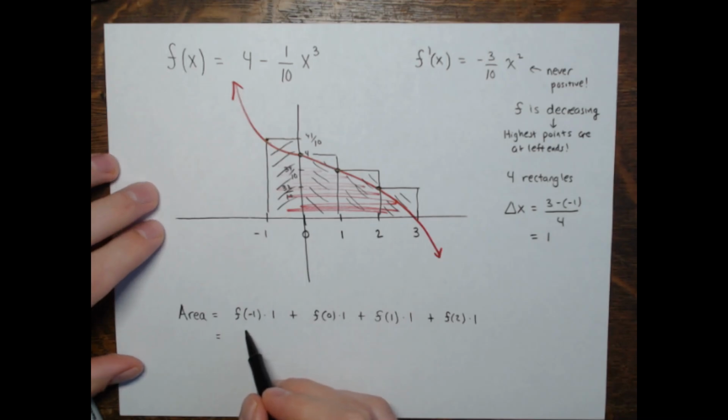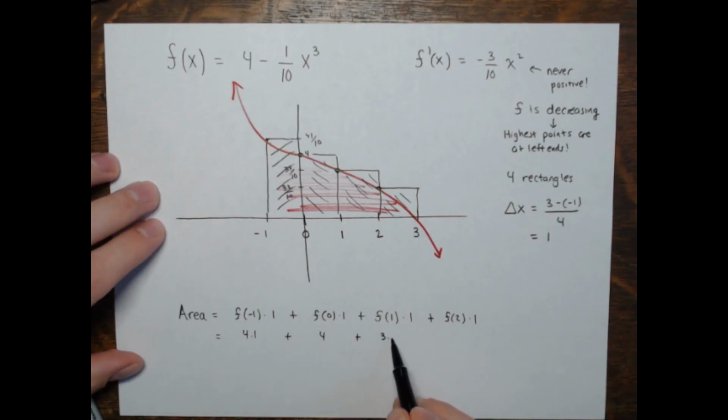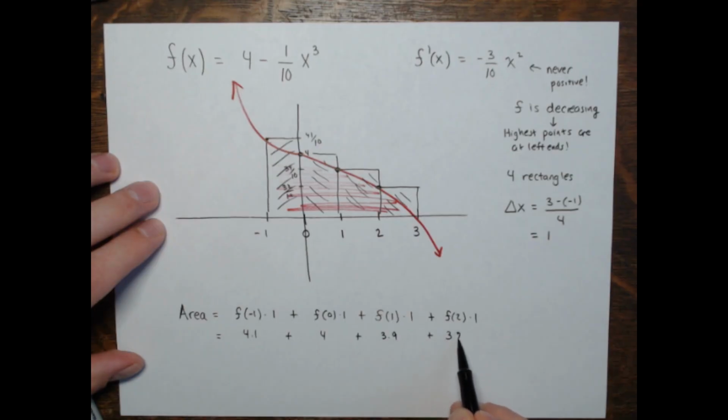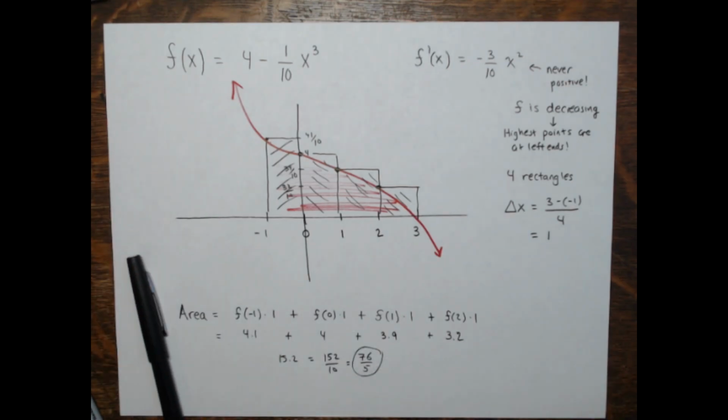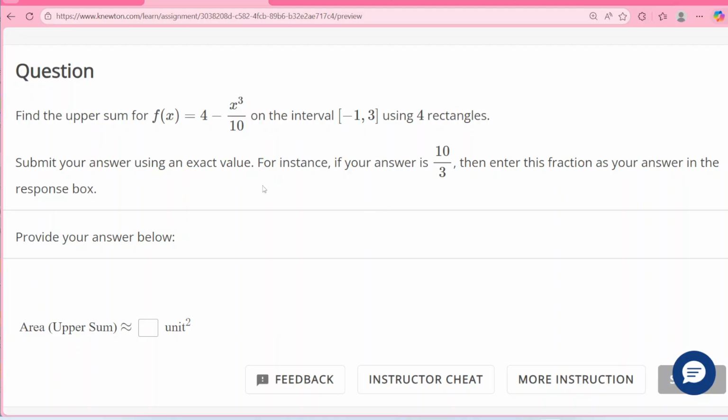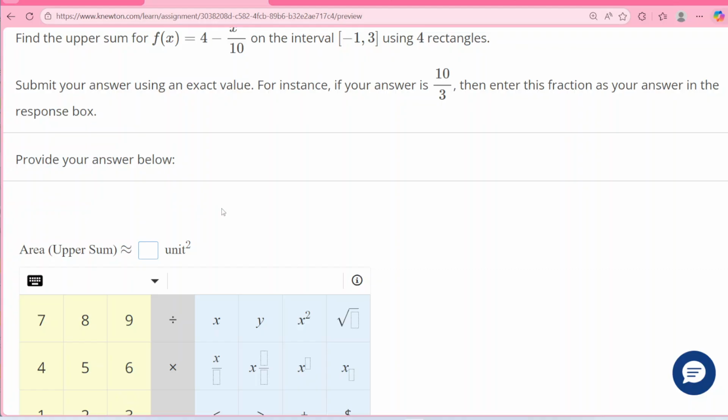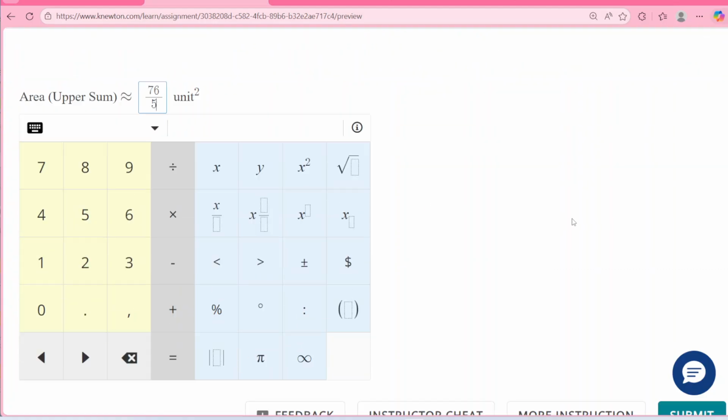So again, this is simply, oh no, they said 4.1 plus 4 plus 3.9 plus 3.2. So this is 8.1, 12.1, 16... wait, 4.1 plus 4 is 8.1